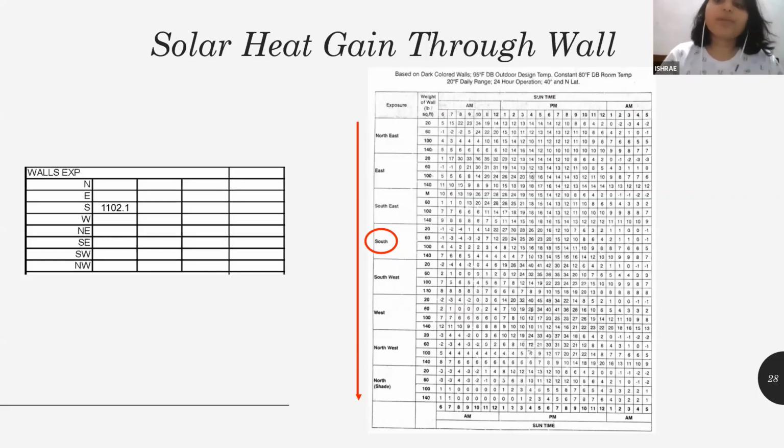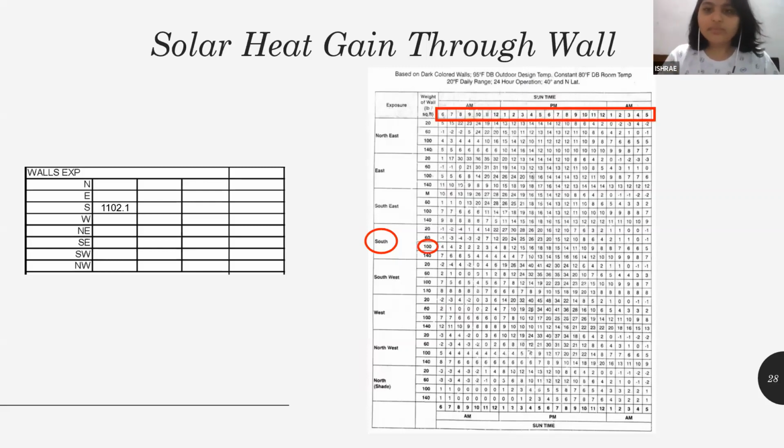It's your call. Again, above right on the horizontal line, you can see the sun time written there from 6 a.m. to 5 a.m. So here, again, it is your choice if you all want to do it for 9 a.m. or if you want to do 4 p.m. or 12 p.m. or 2 p.m. I don't care. Just specify why we have taken that particular time for your heat load calculation. So I have taken for 4 p.m. I have marked it and I got a value of 16.